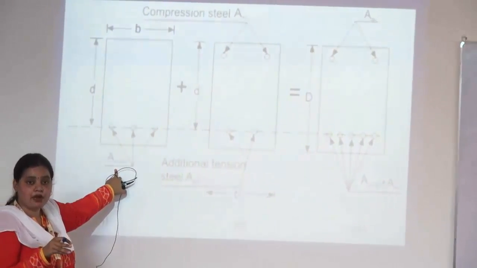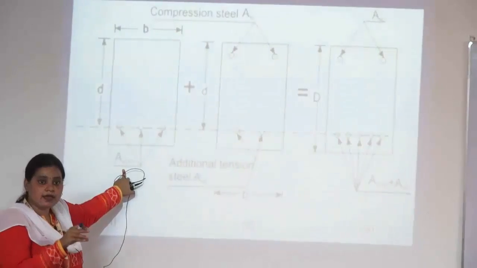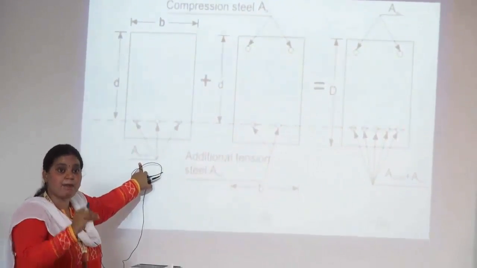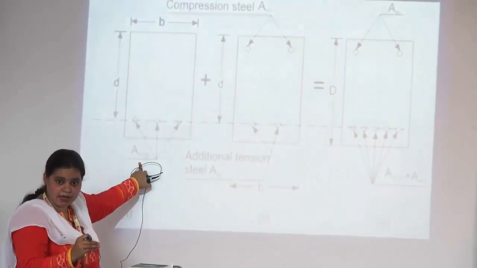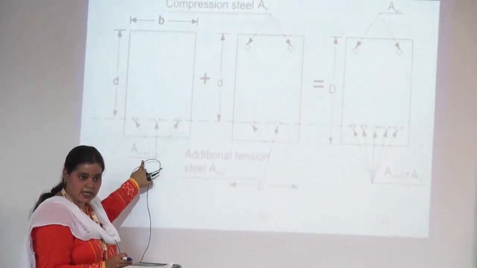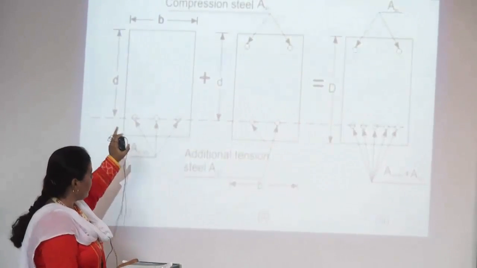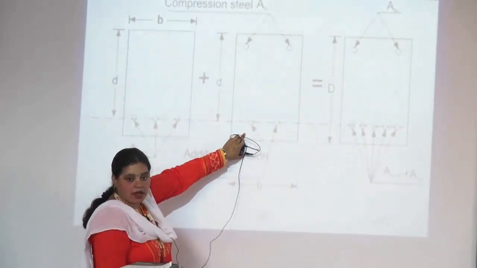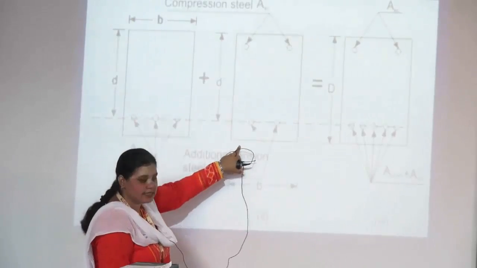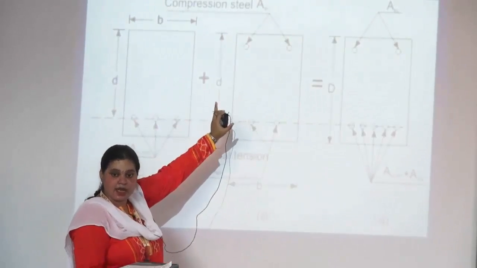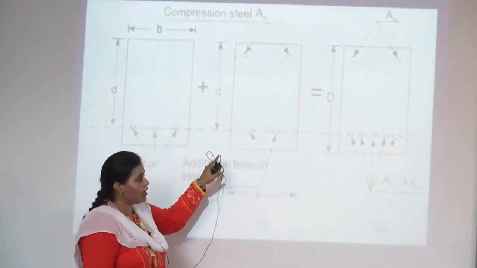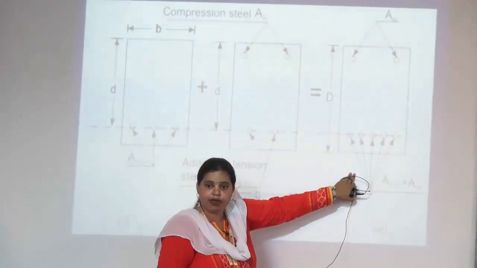Whenever you are going to find out the moment of resistance, here that condition steel fails first. The steel will fail at some maximum limit. That's why I put AST limit here, because at this area of steel, the steel fails. Now here the additional tension steel AST, and that is compression steel ASC. By using these two diagrams, we can draw the doubly reinforced diagram.